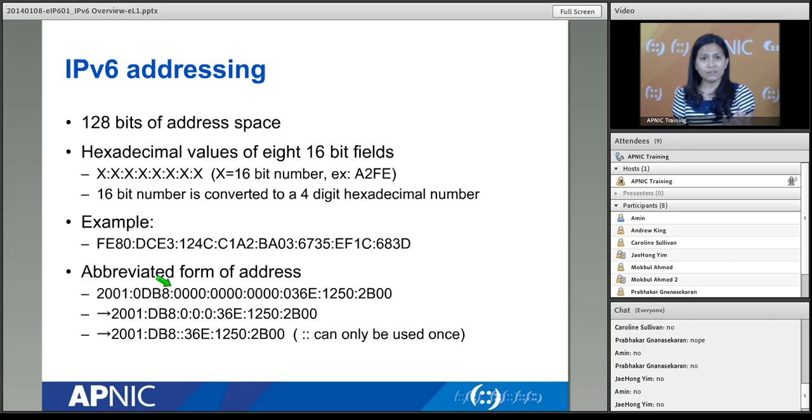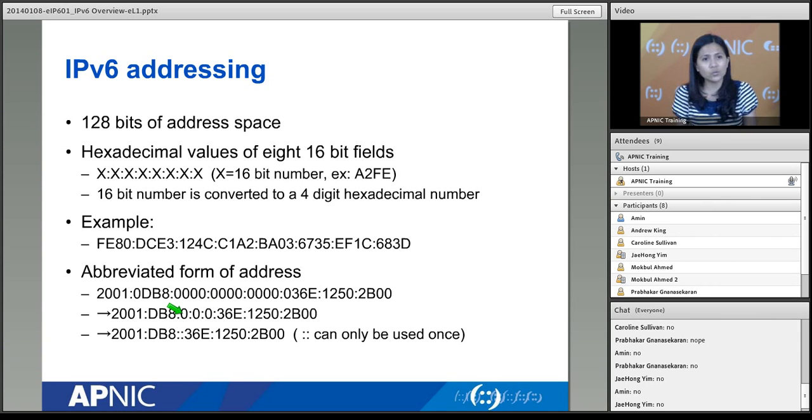One is if you have leading zeros. So in here you have 4 zeros there. The first 3 are leading zeros, so you can just write them down as 0. If you have 036E here, you can trim that down, remove the first 0, you have 36E. Now, another thing is you can use null values. So you have 3 fields here that are adjacent to each other, and they are all zeros.